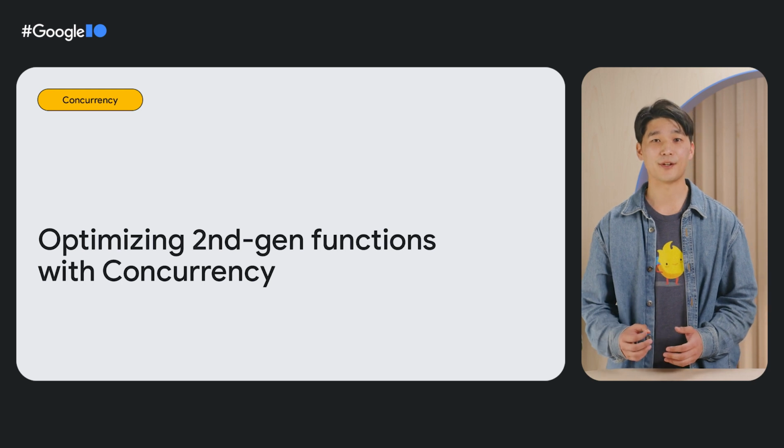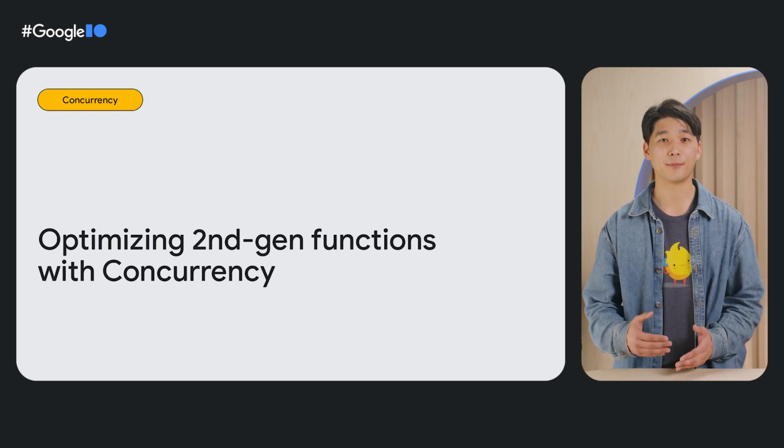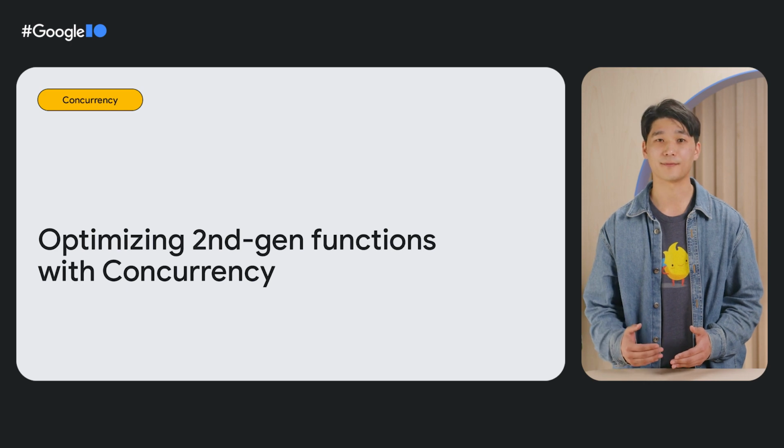Concurrency is a new configuration only available for second generation of Cloud Functions, and it is one of my favorites. When used properly, concurrency can improve both performance and lower the cost of your function. Before I talk about concurrency, let's review JEP's code and see how Cloud Function executes the code in response to